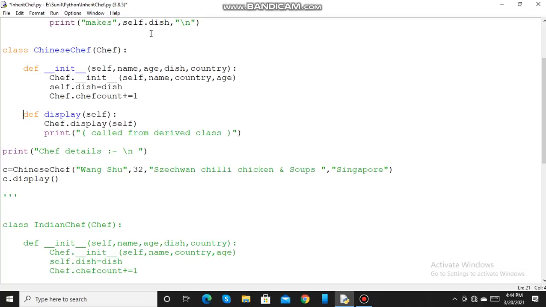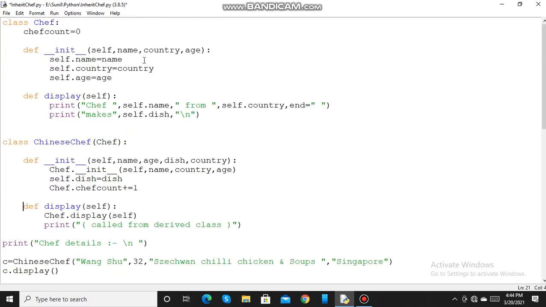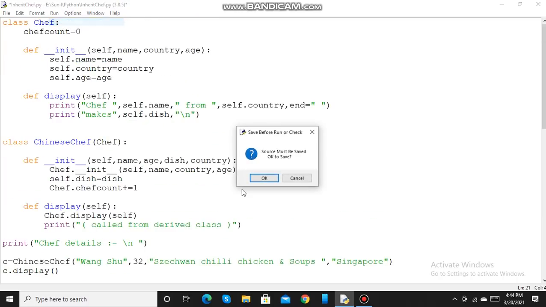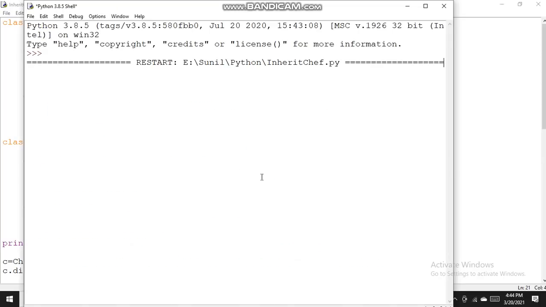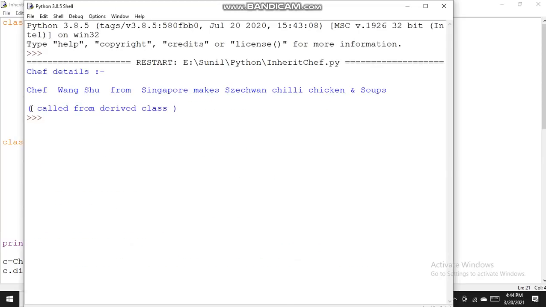So we have added the display method in this derived class. Now we will run it again. So this time it has displayed called from the derived class.